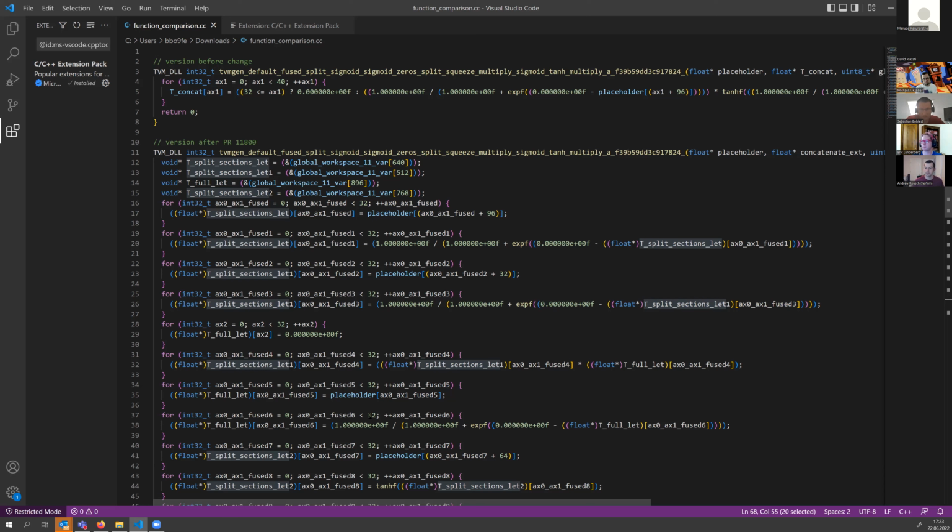Sorry, go on. I think there was actually a test in the original PR where the global workspace size increased quite a bit with this change. So this was actually detected by a unit test. Yeah. But then I think it's also very hard for a reviewer to see whether this is justified or not. I think in this case it's not justified. But yeah, I agree. I just wanted to point this out.